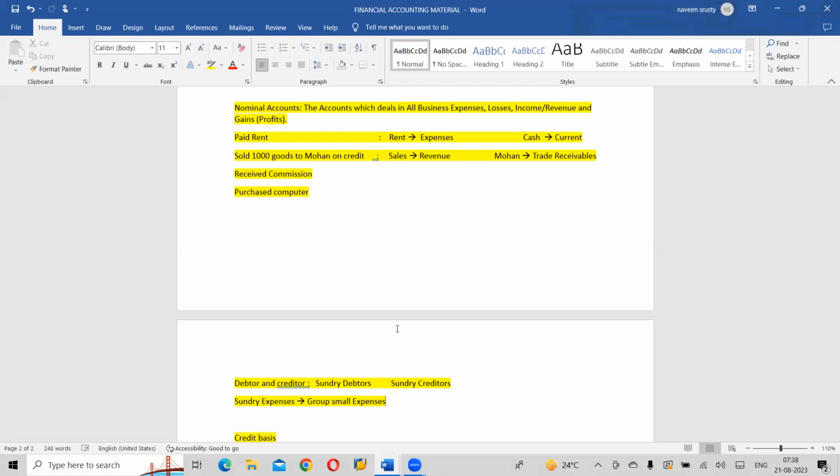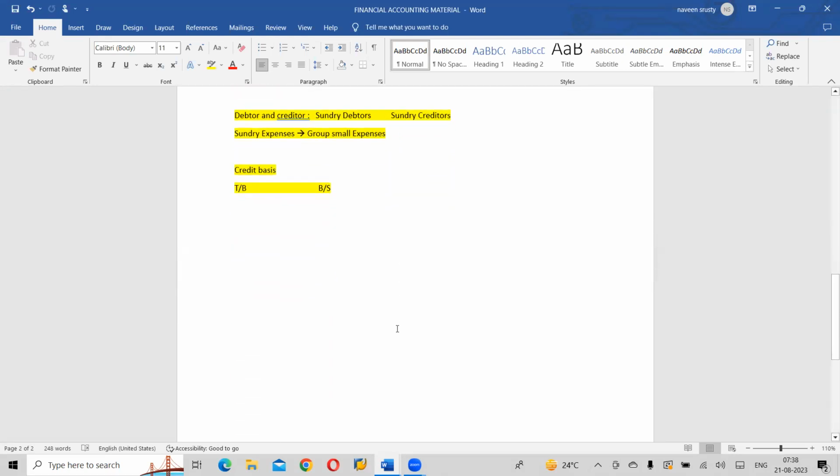Okay, any questions? That is the reason we mention it as sundry creditors and sundry debtors. Now in the SAP environment, we are not calling them sundry debtors or sundry creditors. We are calling them trade receivables and trade payables. We have modules and sub-modules in SAP finance. The sub-module accounts payable is nothing but your trade payables, and we have the accounts receivable module.